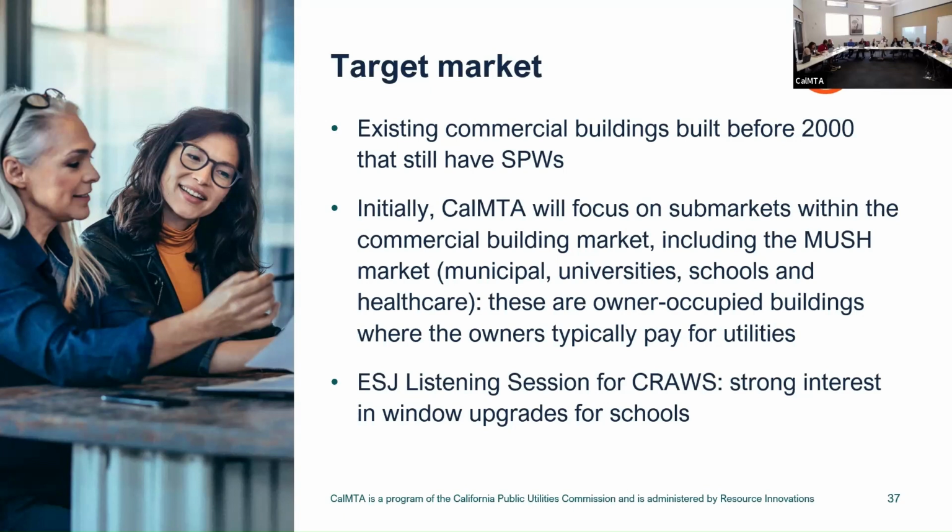I think when we met back in January, we talked about a lot of excitement about the opportunities in schools, and this is validated through recent listening sessions, the ESJ listening sessions we have. There's a good bit of money flowing into schools, both from a federal standpoint and a state standpoint, for energy efficiency upgrades, particularly in ESJ communities. I mean, the high temperatures that you get. I think California is in a better situation with air conditioning being more common, but not always. So upgrading the envelope can often either allow you to find alternatives to adding HVAC, or if you're upgrading HVAC, go with a smaller solution.